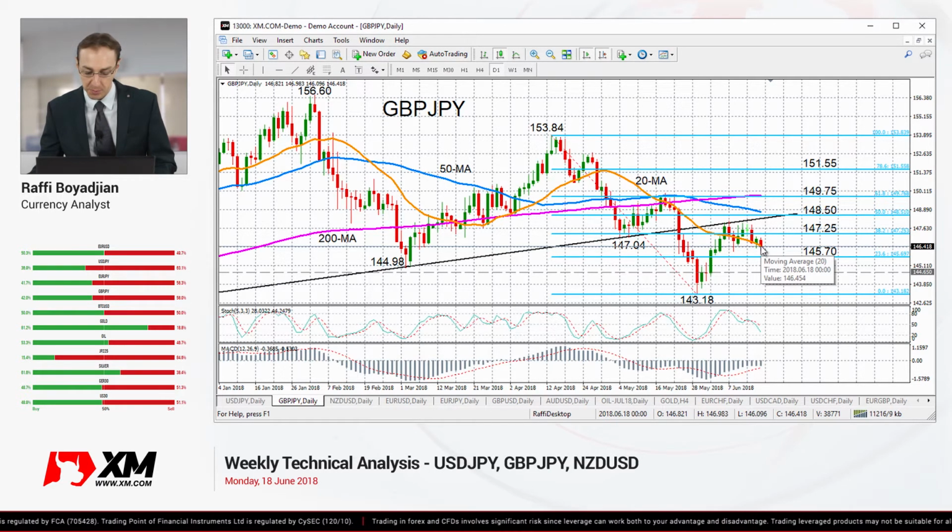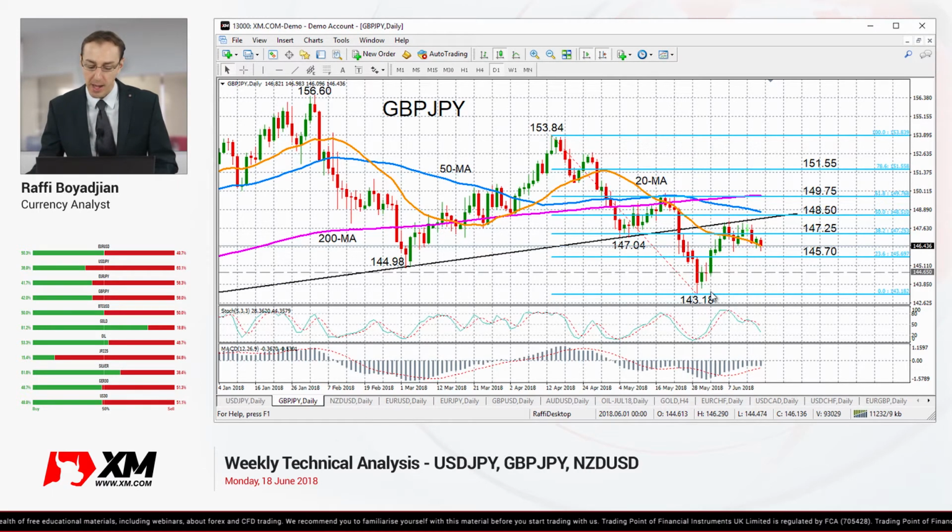Immediate support is coming from the 20-day moving average at around 146.45. A breach of that support would take the pair towards the 23.6% Fibonacci of the down leg from 153.84 to 143.18. Below that level, we've got another potential support coming from around 144.65. If prices break that support, we could then see pound yen targeting that 8.5 months low of 143.18 from back in May,